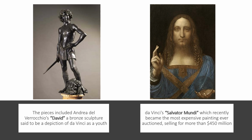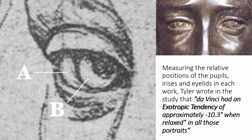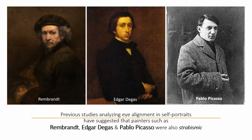than $450 million. Measuring the relative positions of the pupils, irises and eyelids in each work, Tyler wrote in the study that da Vinci had an exotropic tendency of approximately 10.3 degrees when relaxed in all those portraits. Da Vinci would not be the first famous artist to have the disorder. Previous studies analyzing eye alignment in self-portraits have suggested that painters such as Rembrandt, Edgar Degas and Pablo Picasso were